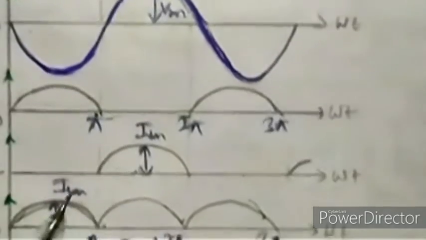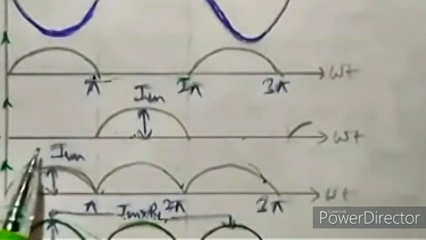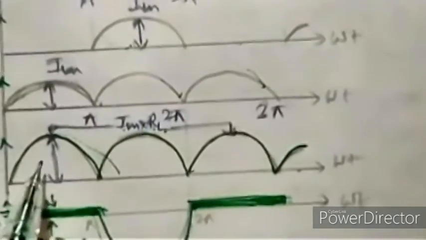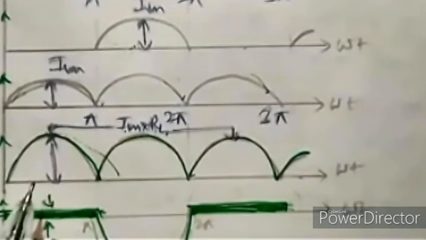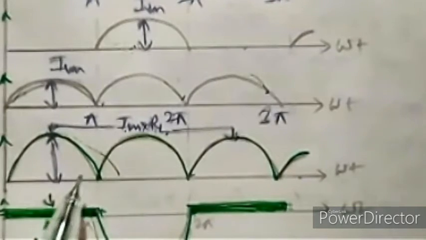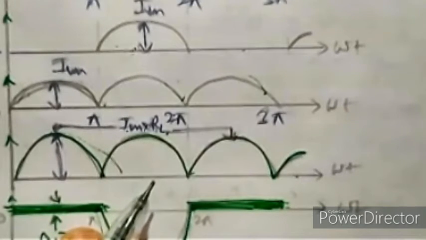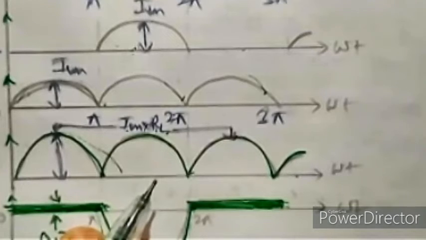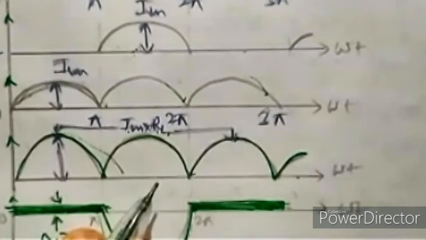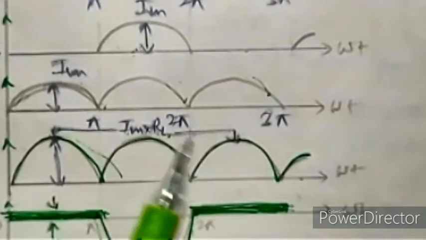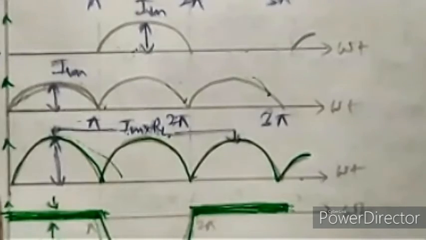Now we have to make the calculations of the parameters. The parameters will be the same as for the half wave rectifier. There is a little change in the calculation, because in the half wave rectifier current flows only for the positive half cycle, but in the full wave rectifier current flows for both cycles, positive and negative, that is, the full cycle of the AC input. Otherwise the calculation is the same, and you can do that on your own.